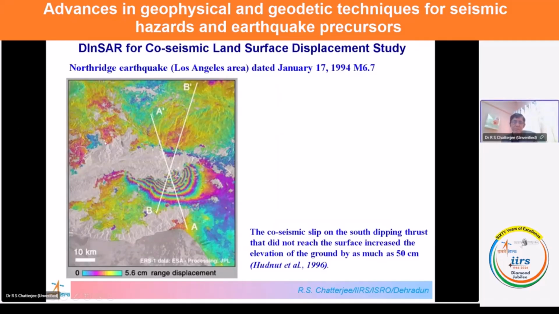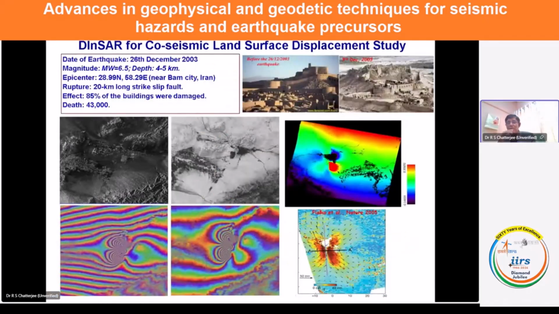And again, you can also see this for the co-seismic slip of the south dipping thrust. So we have seen, one is strike slip, another is normal fault, and in this case a thrust fault. So this area is going up with respect to the other block. Here is the co-seismic slip of the south dipping thrust. So the thrust is dipping towards south. Okay, but it did not reach the surface. But this part is going up. So this is basically the hanging wall going up. So this is a thrust fault. So I have tried to show these three different kinds of movement from the pioneering studies on the different